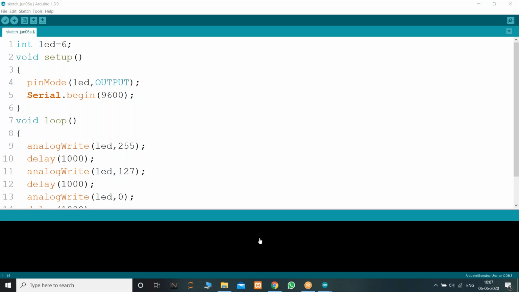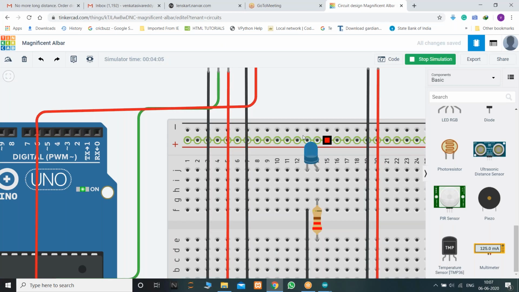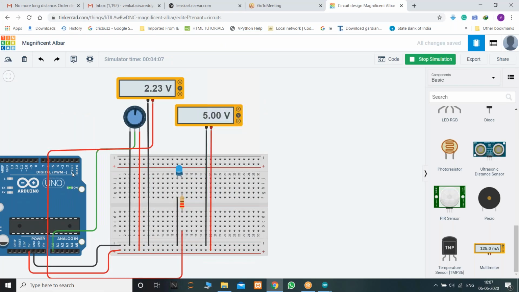So see, sir, you connected this to A0. These analog pins, A0 to A5, are only for reading analog data. They won't generate any analog data output. For analog data output, we have these 6 PWM pins: 3, 5, 6, 9, 10, and 11.